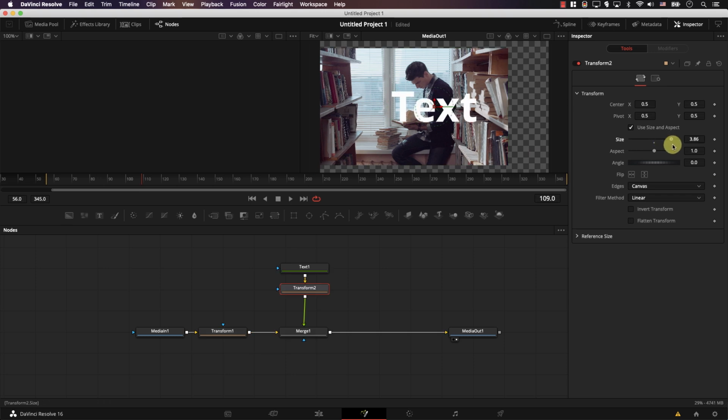You might add some text animations. This is another step. The next step usually is color correction or color grading, where basically you get the footage coming from your film and you want to make it look as true to life as possible. So you want to make the colors correct, so the colors look as close to what you would have seen in real life if you were in that location.